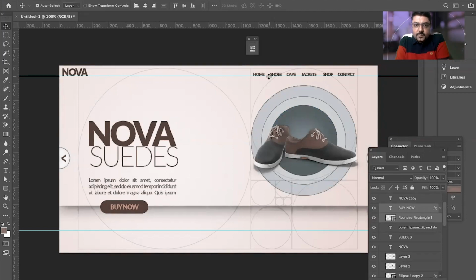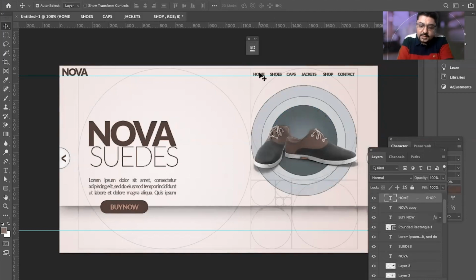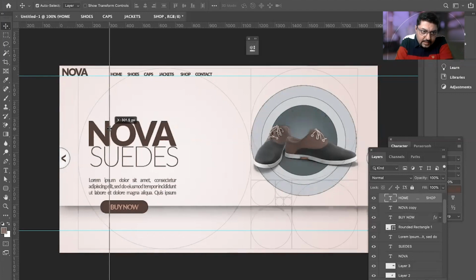Okay, I will move this thing to the right, so I will just drag a line. Yes, this looks perfect. Okay, but this portion was not looking nice as per me, so what I will do,